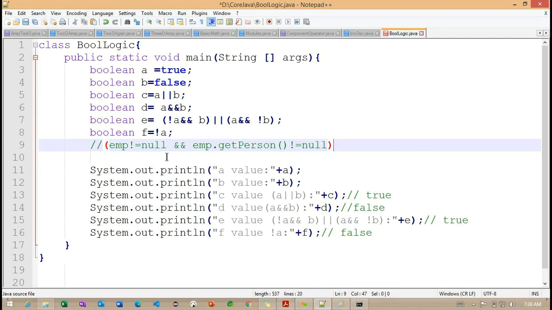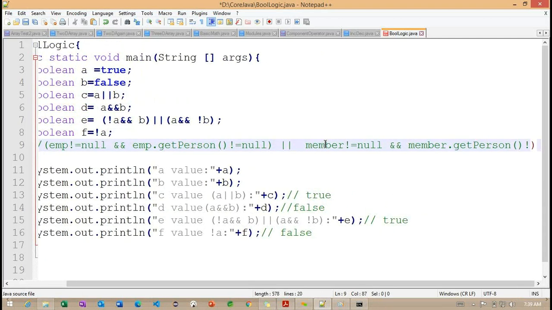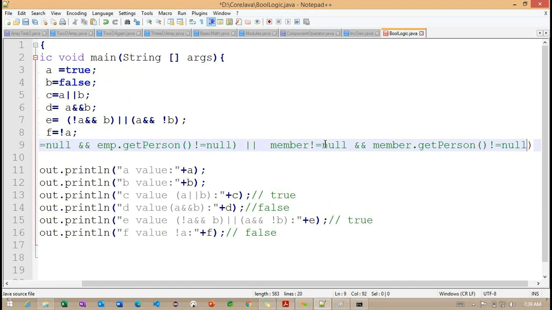So for example, here I'm trying to define one brace here, and one more I want to check OR condition here. The OR condition here, member not equals to null, and member dot get person not equals to null.